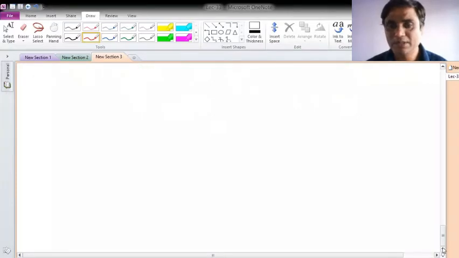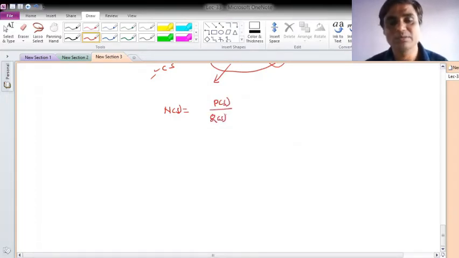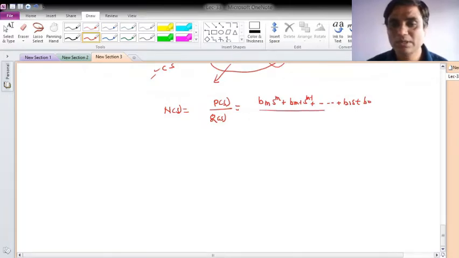Now let me define the poles and zeros. Once I know my network functions are real and rational, I can write the network function as a polynomial in the numerator and a polynomial in the denominator, which is nothing but a rational network function. And this can be written in a generalized form, suppose, Bm s raised to m plus Bm minus 1 s raised to m minus 1, and so on to B1s plus B0, divided by An s raised to n plus An minus 1 s raised to n minus 1